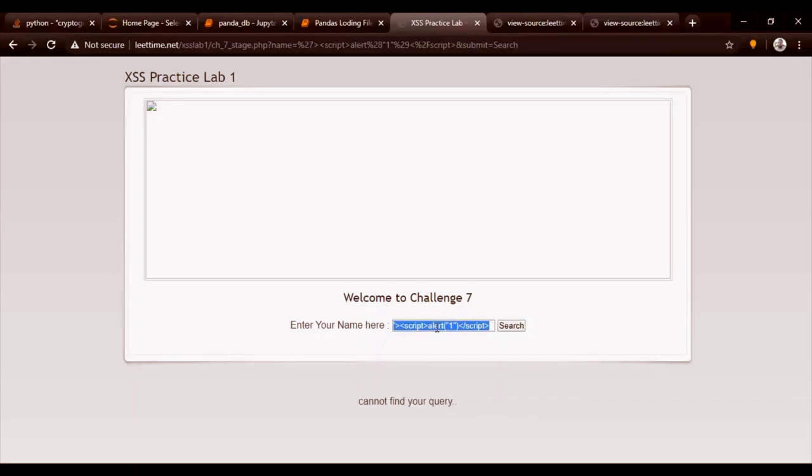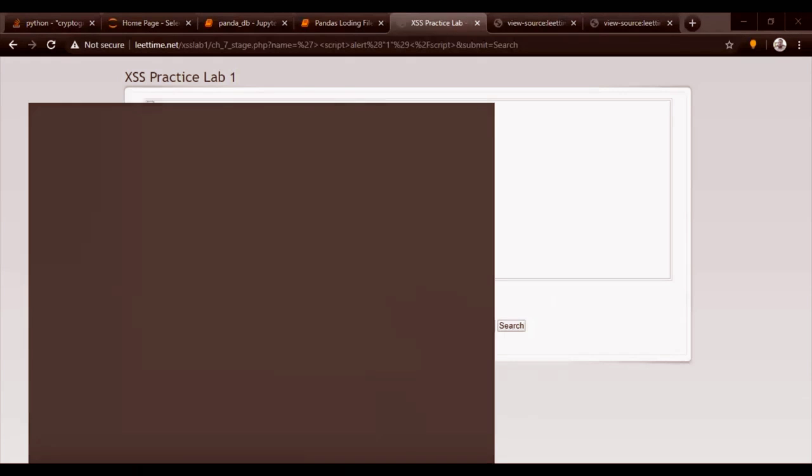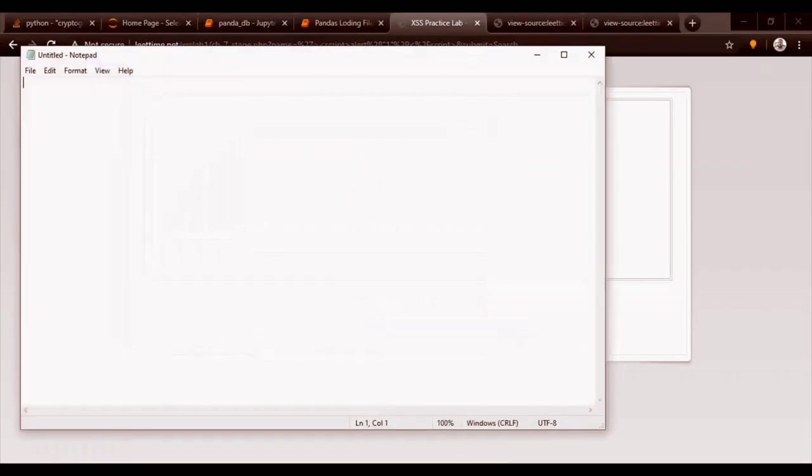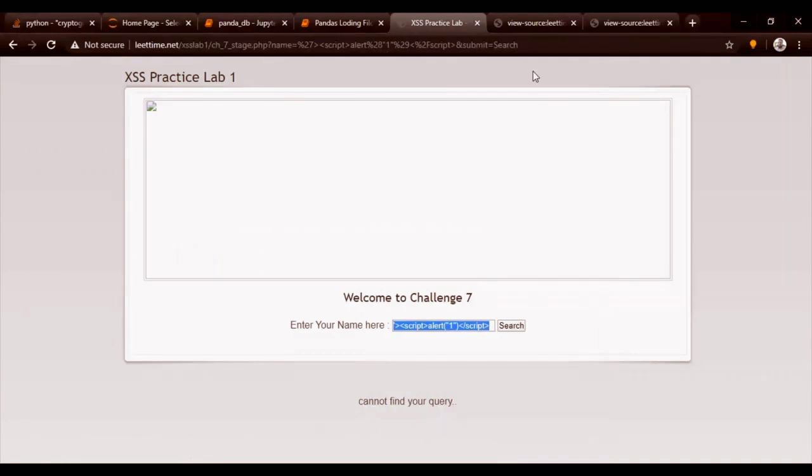Let me copy this complete value into the notepad. Okay, just to give you the